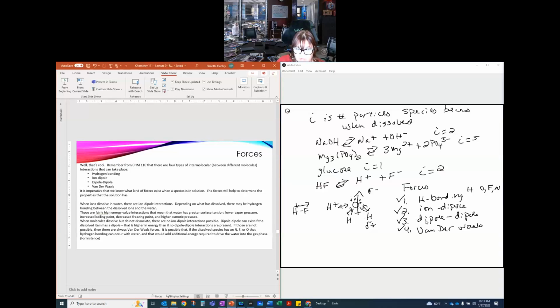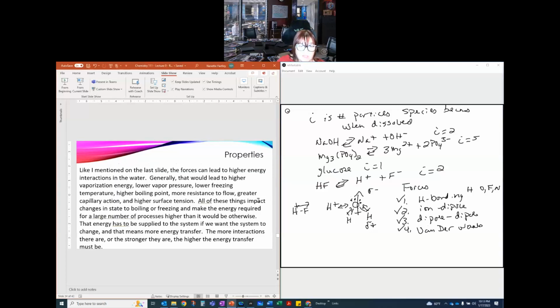Now, depending on what forces we have, that will determine what kinds of properties we would expect to see. And so let's talk about those properties. What are we talking about in terms of properties? Well, things that we could be talking about is how much energy it takes to vaporize this. So if I have this in solution, how much energy would it take for this thing to go to the